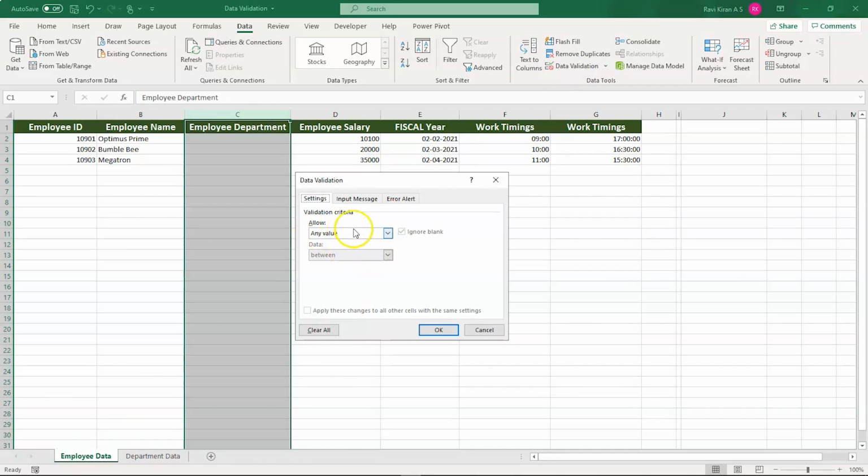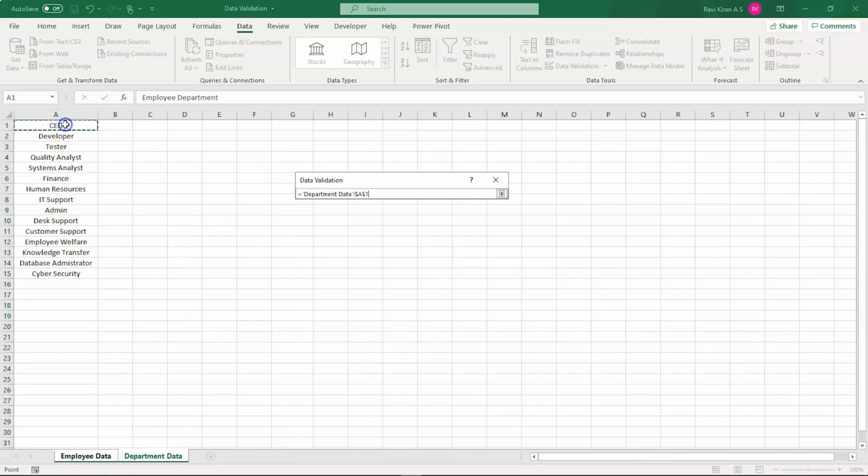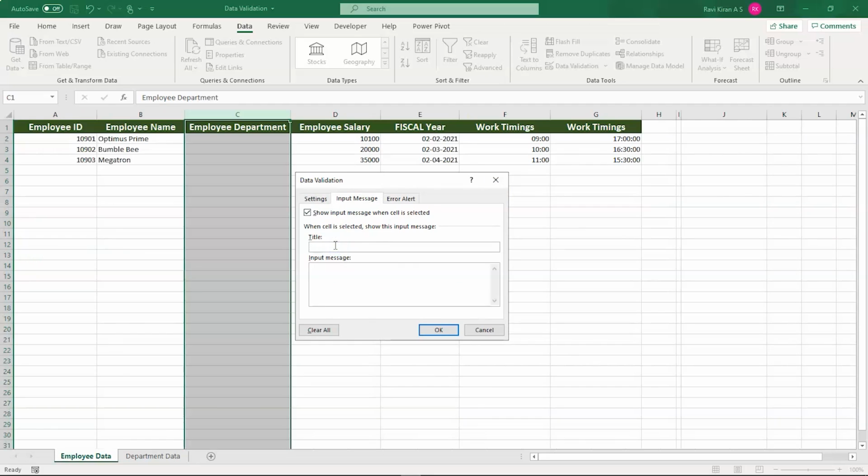Now here let us select as list, and here let us provide the option. Let us go to next sheet. Let us select all these options and press OK. Okay, let's provide input message.